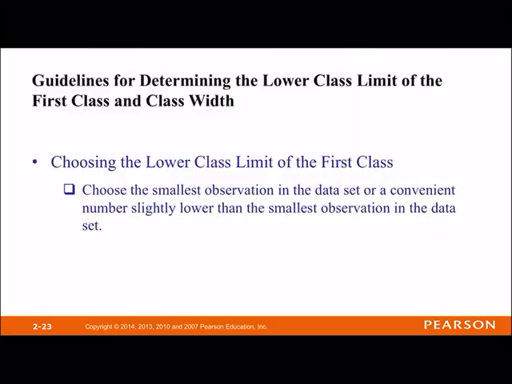Okay, so guidelines for determining the lower class limit of the first class. Choosing the lower class limit of the first class: choose the smallest observation in the data set or a convenient number slightly lower than the smallest observation in the data set. So again, we had